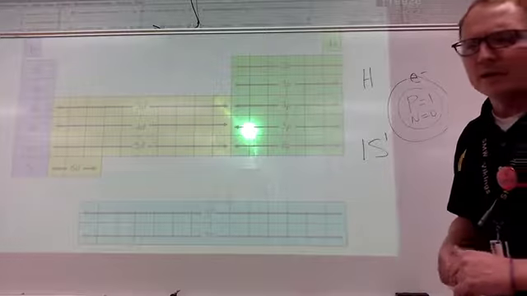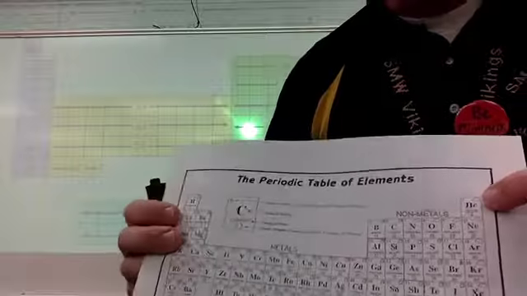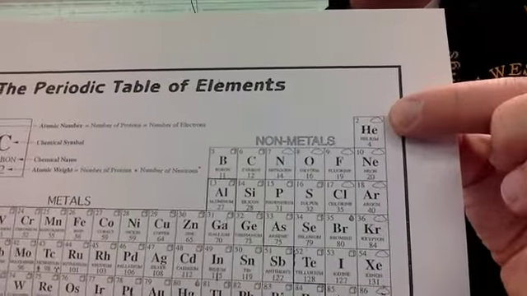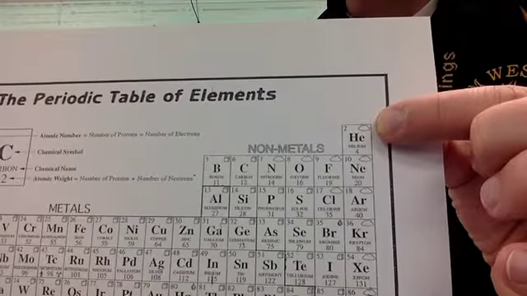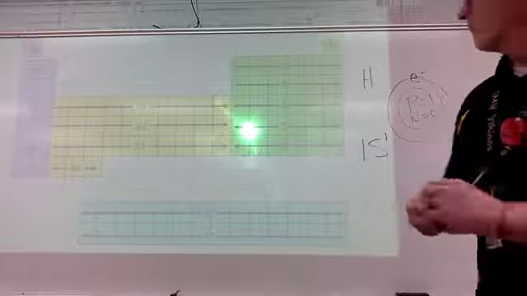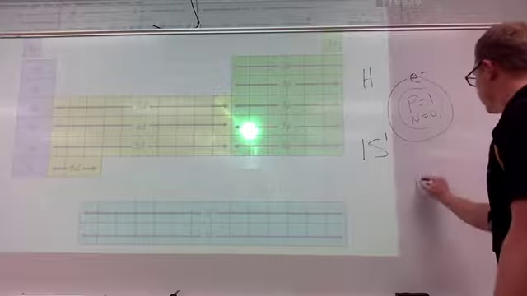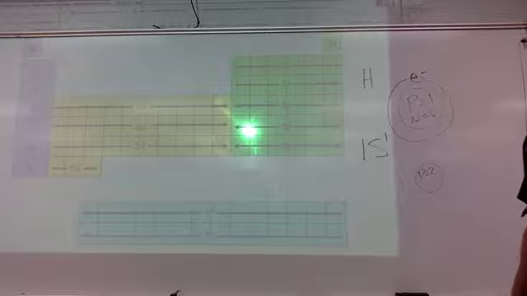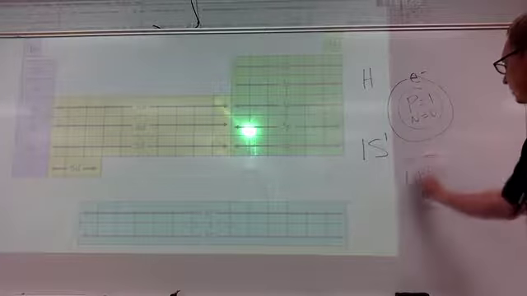Look at helium on your periodic table. It's on the other side of the periodic table, but it's on that same row as hydrogen. It's right here. It has two electrons, two protons, and two neutrons. Okay? So here's what Bohr would have done. Bohr would have said, all right, helium, you've got two protons in the nucleus, just like so, and you have two neutrons in the nucleus,